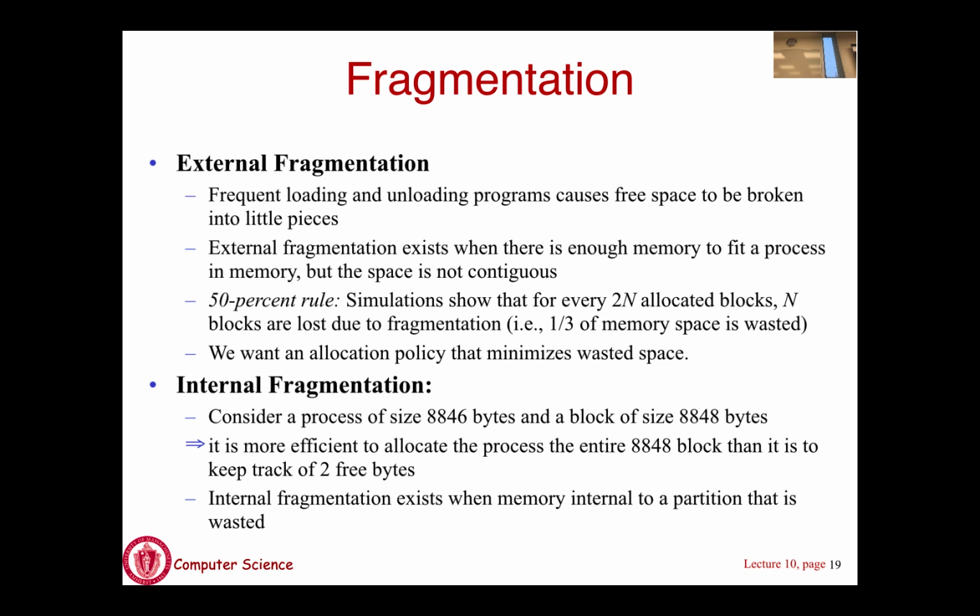Okay. And here's an example which says I need a process that wants 8864 bytes of RAM. Okay. I allocate it a hole that's 8848 bytes, which is 2 bytes bigger. Okay. But if I gave it exactly what it wanted, I am left with a 2 byte hole. Okay, which is completely useless. I cannot allocate 2 bytes to any process. So I might as well allocate it that entire region and not have to deal with this small fragmented piece